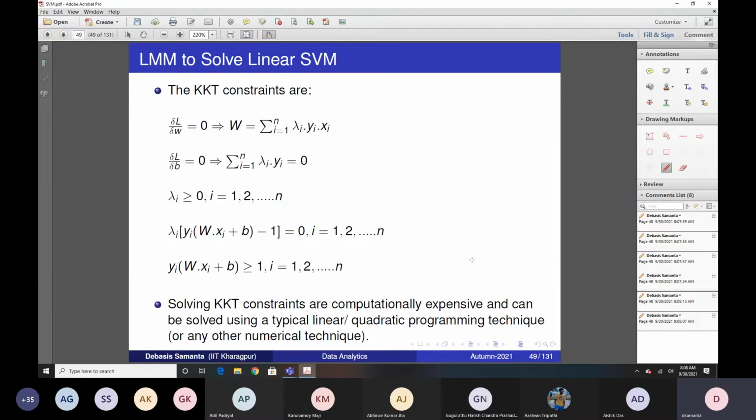As you can recall, we gave the KKT constraints on slide 43. So here one unknown is W. We take the first order derivative with respect to W, and this will give a simplified equation. So W can be simplified as the sum over i equals 1 to n of lambda i, yi and xi. Now lambda i needs to be learned, of course, by solving these KKT constraints. Yi is given, its value is either plus 1 or minus 1, and xi is a vector. Vector means it has k components if k features are there. So xi is a vector of k dimensions.